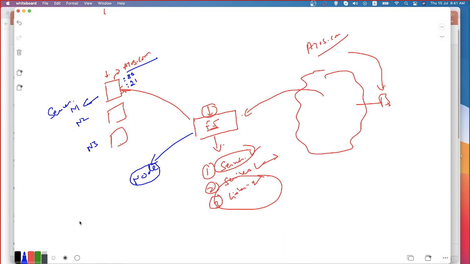Now then, the services are going to be identified as a pool member. Why are we calling it a pool member? Because this member is going to be part of a pool of nodes. You understand? So, a pool member is part of a pool. A pool member is nothing but an IP address plus the port number on which the service is running. You're getting my point? Is that clear? So, a node is simply an IP address. A pool member is the IP address plus the service. Do you understand what I'm saying here?